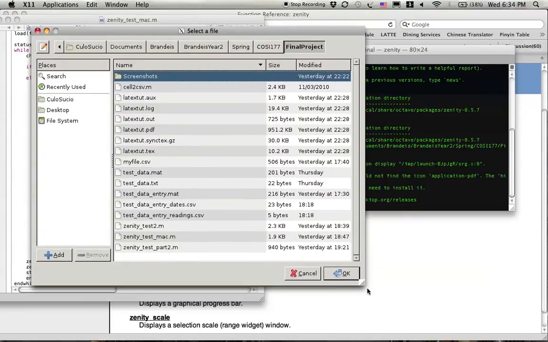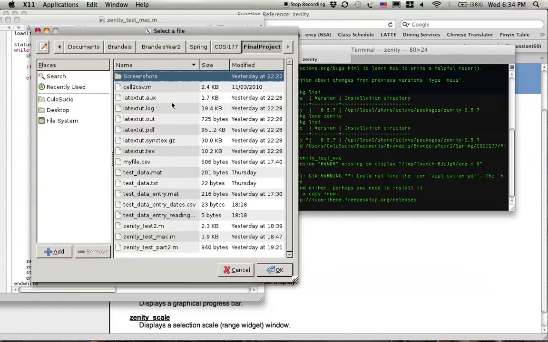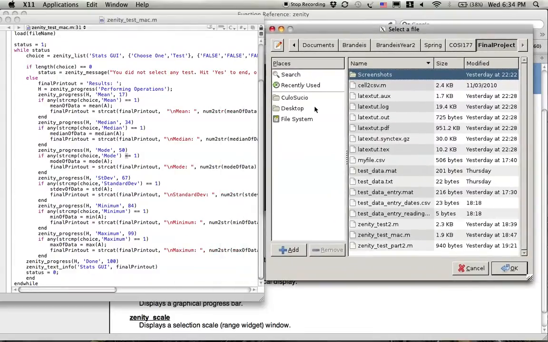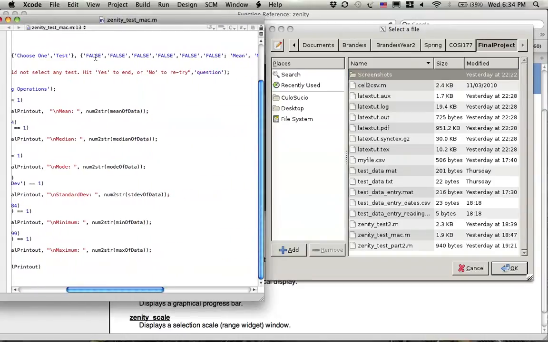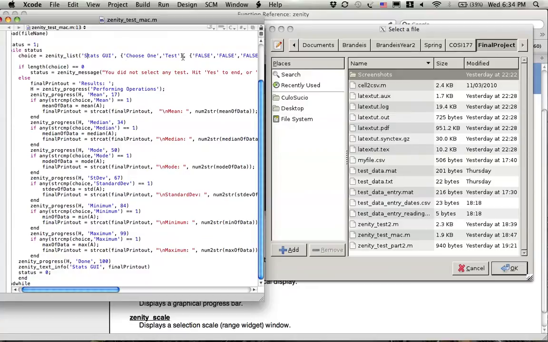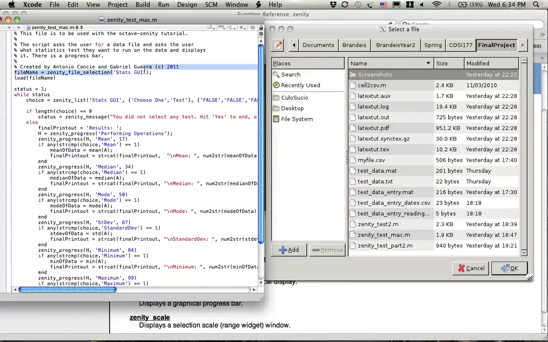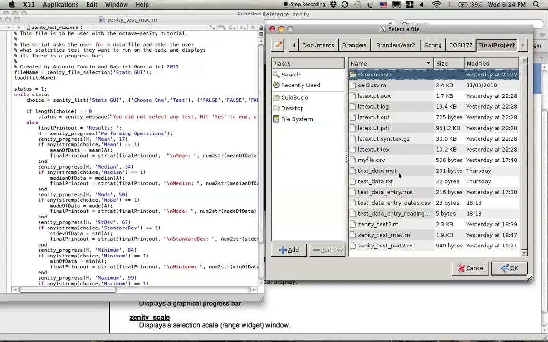And the first thing we see here is Zenity file selection, which is a simple GUI that you can pass certain parameters to. First one is the name. So yeah, we just have the name, no other parameters, and through this we get a directory so that we can load a file. So we do testdata.mat,